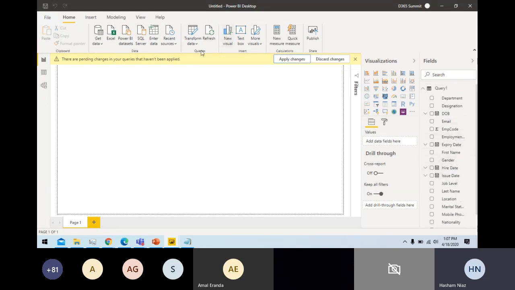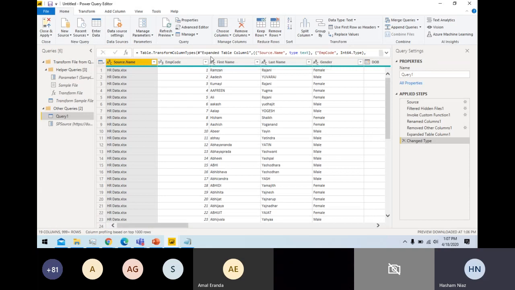Now I want to add some functionality and transform some data. I go back to transform data, and this is my employee table. I want to calculate the age of an employee.